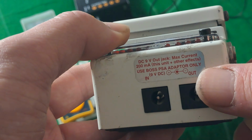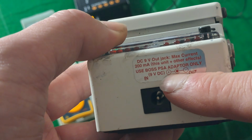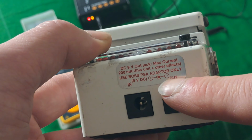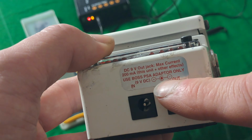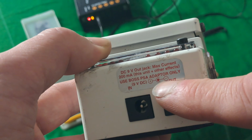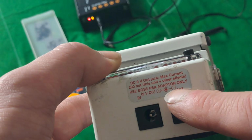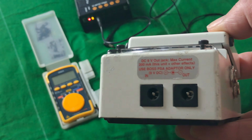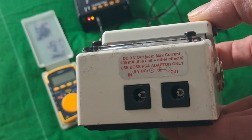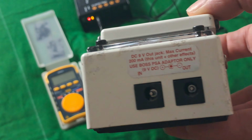diagram here. And you can see, in the middle between the plus and the minus, the positive and the negative, there's a semicircle, and the semicircle's got an opening and it's pointing towards the minus sign. So in other words, it's pin minus. So this power supply needs a pin negative power supply, and it says there